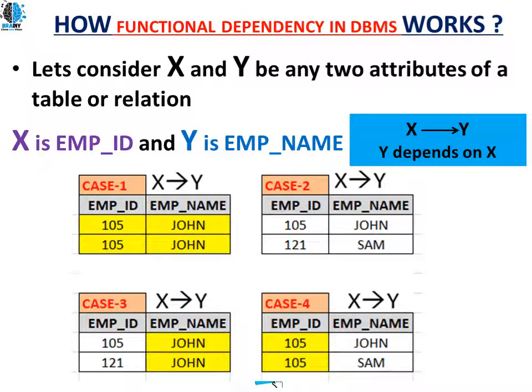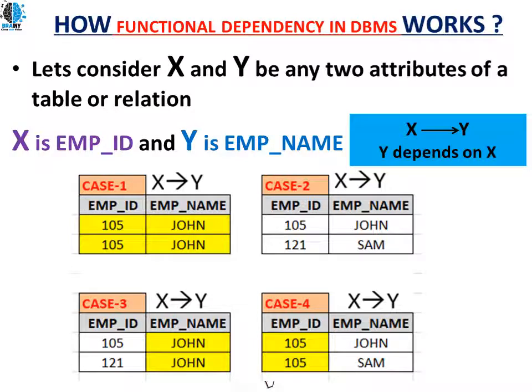The main motto of functional dependency is to find out whether the particular attribute depends on the determinant or not. What does it mean? If I take employee ID, it is a primary key. What is a primary key? It uniquely defines each row. It means the primary key is going to determine the remaining attributes of the table. So here also, employee ID is going to determine the value of employee name.